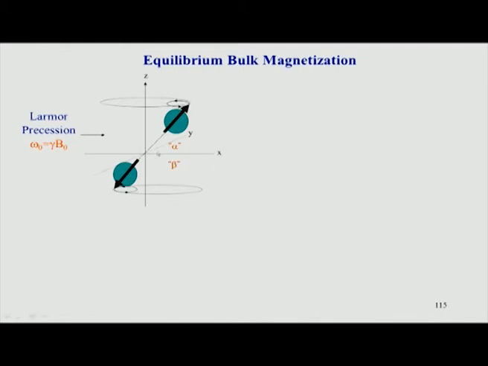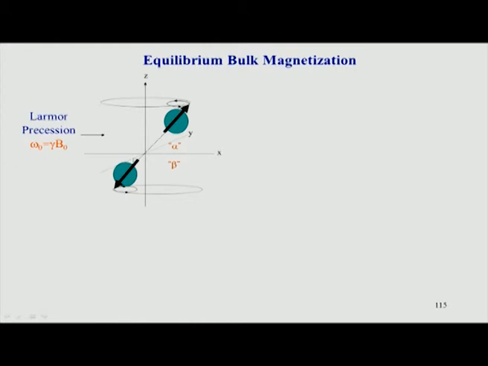In the next part we saw how the rotating frame of reference is important in NMR. For that we have to go into the classical picture. This is what a classical picture says: imagine that you have a nucleus having a spin, which is pictorially represented like this. When you put it in an external magnetic field which is oriented along the z axis, the spin starts precessing, revolving around this magnetic field, and that precessional speed, that is, the angular frequency of this spin, is given as omega is gamma B0.